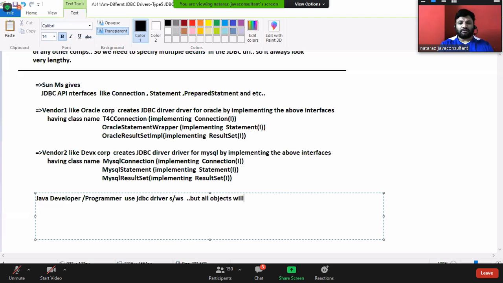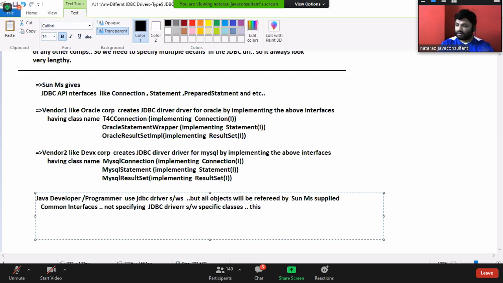All objects will be referred to by the common interfaces supplied by Sun Microsystems, not specifying JDBC driver software specific classes.